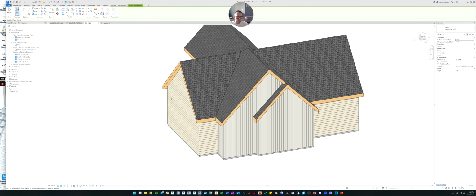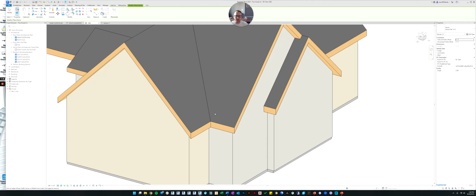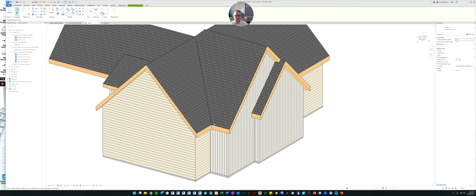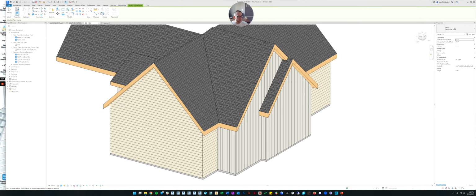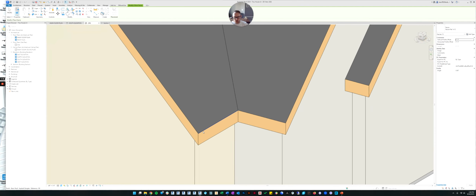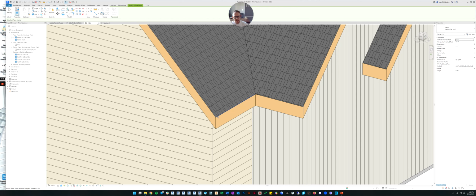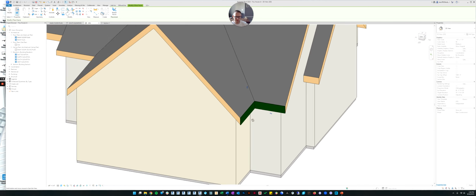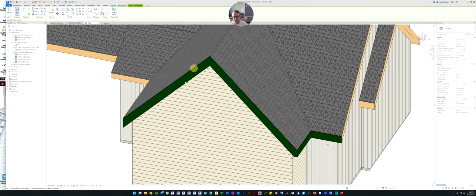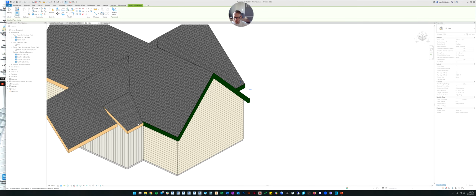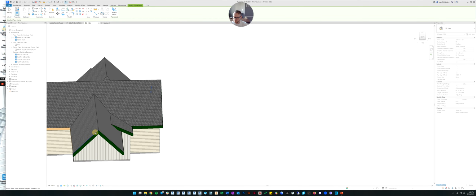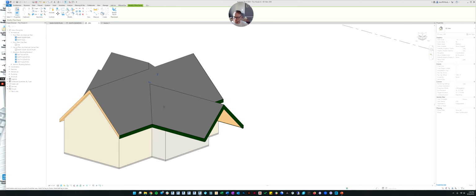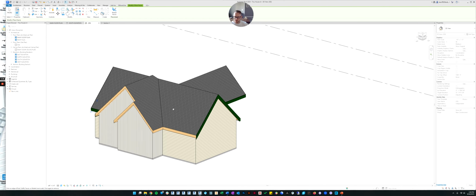Now, fascia is a little complicated, so I'm not going to show you how to edit much more than the material. But if you go over here, in this template, there's only 1x12 fascia, so that's what we're going to get. When you apply fascia, you just pick what edge of the roof you want to put the fascia on. I'm just going to put fascia around my entire roof here. You just go around clicking the edges.